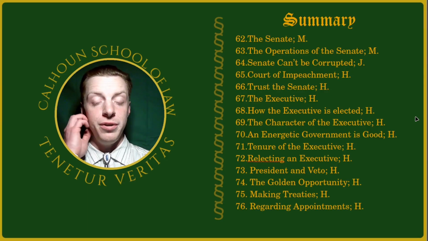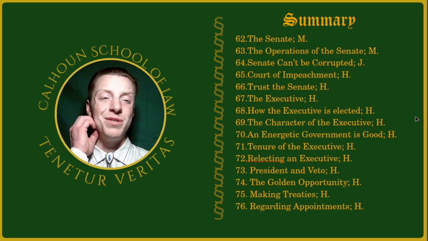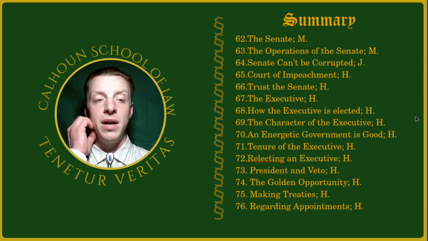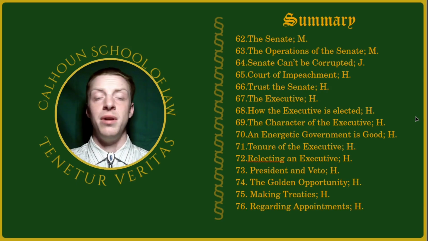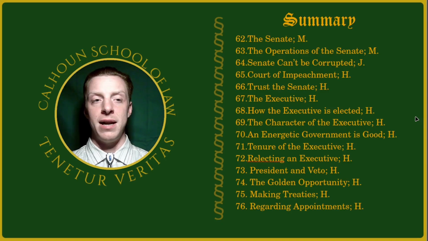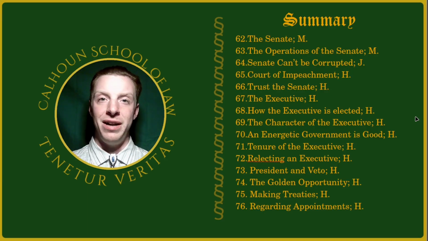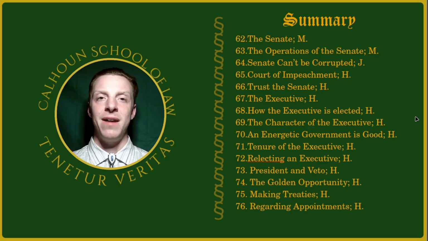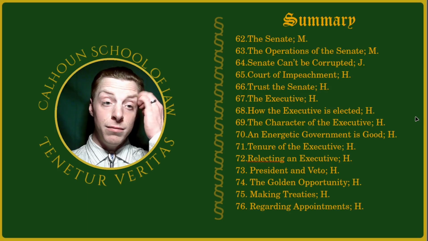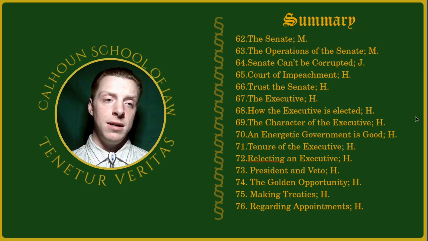74, the golden opportunity from Hamilton. The golden opportunity referred specifically to turmoil, and that with the president being unilateral in his diplomatic affairs, is able to best exploit, without the intermediary debate and conversations of something like a council, to take advantage of those golden opportunities. Where when you're in the middle of a fight, in the middle of a conflict, and you have a